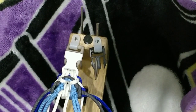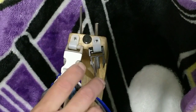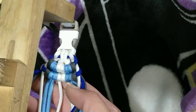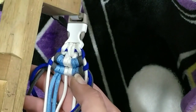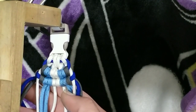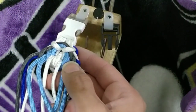Now, I learned a while ago a good way to check your weave and make sure that it is actually coming out consistent and even and all that, is every once in a while flip your bracelet over and look at the bottom side. Make sure that the spacing between each cord is all even. Make sure no cords are crossing over each other. With these endless falls, if you just look at the back side, you're gonna notice if you've made accidentally any mistakes, because sometimes you won't see it on the front side, but when you finish,